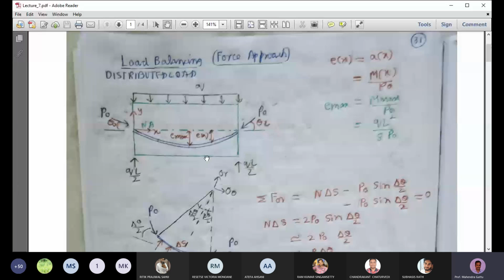Now we can do the analysis by considering what are the forces which are coming on this cable. When the cable is initially stretched and then released, the cable will try to compress. It will try to come back to its original configuration. During that process, it will interact with the concrete along its length, and there will be some stresses which are produced in the cable.